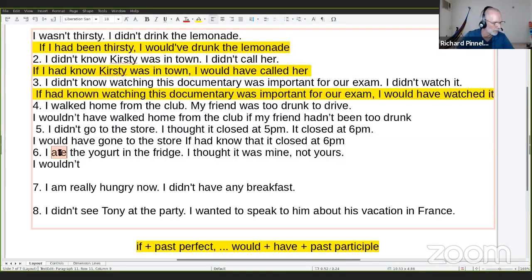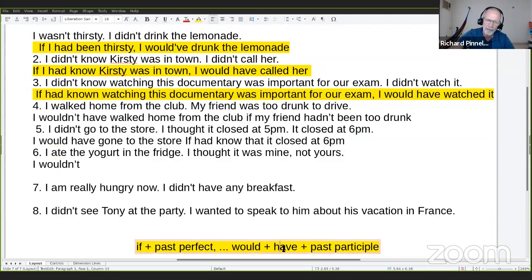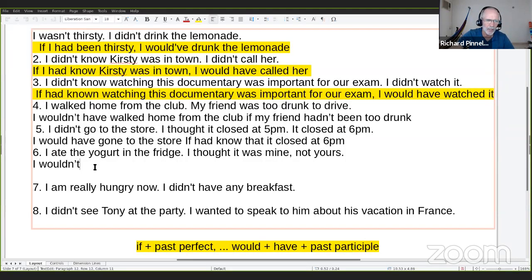Who's got the answer to this one? I wouldn't. I wouldn't eat. Well, you've got to use this structure: would plus have plus past participle of eat. So Fanny in the chat has the correct answer. I wouldn't have eaten. Good. I wouldn't have eaten the yogurt in the fridge